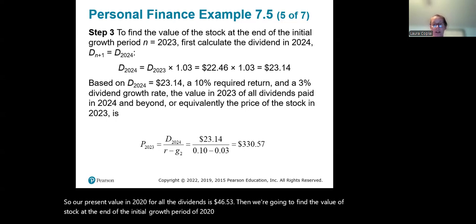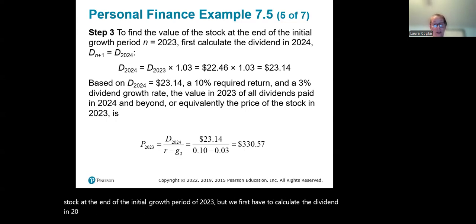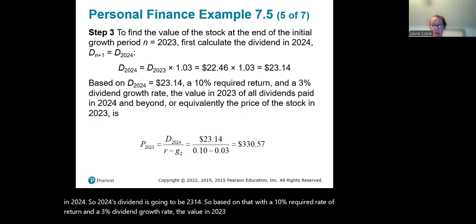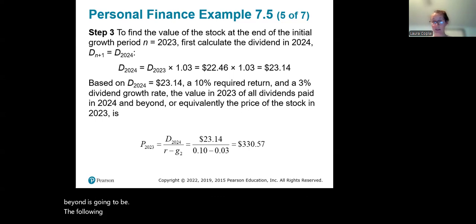Then we're going to find the value of stock at the end of the initial growth period of 2023. But we first have to calculate the dividend in 2024. So 2024's dividend is going to be $23.14. So based on that, with a 10% required rate of return and a 3% dividend growth rate, the value in 2023 of all the dividends paid in 24 and beyond is going to be the following equation. So D of 2024 divided by the required return minus that growth rate is going to be